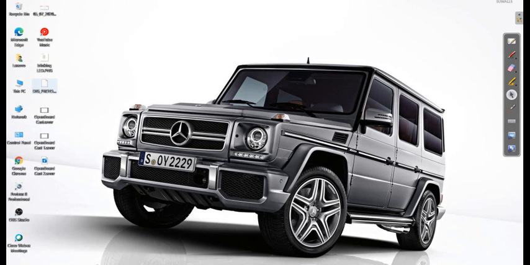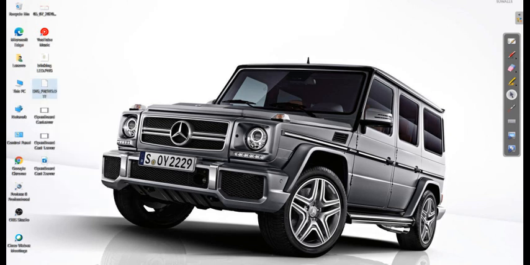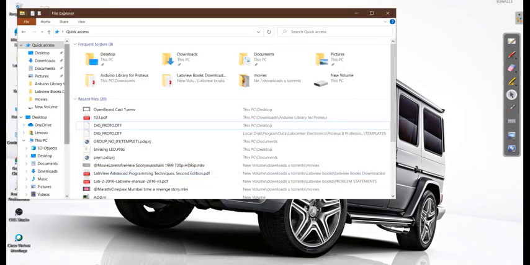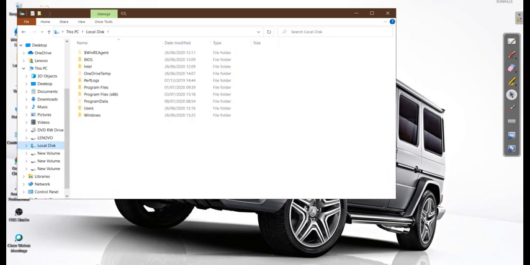Basically what you need to do is copy this file, and go to the local disk of your computer, or C drive. In that drive, find the program data folder.